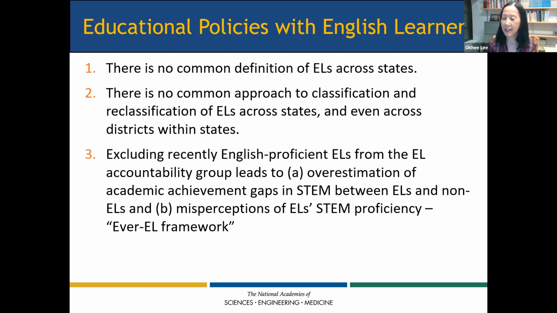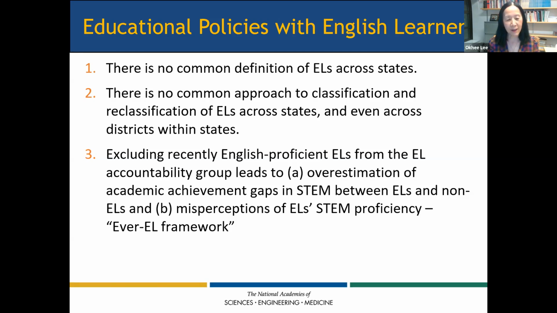English learners are not students with disabilities. It's a function that they are learning English as a new language. Once they are proficient, they exit the English language programs. So when we say achievement gap between ELs and non-ELs, it's only temporary. So what is important is that if you keep English learners too long in the program, it may prevent them from having access to STEM courses, and vice versa. So this is something that is very important about how do we define EL.